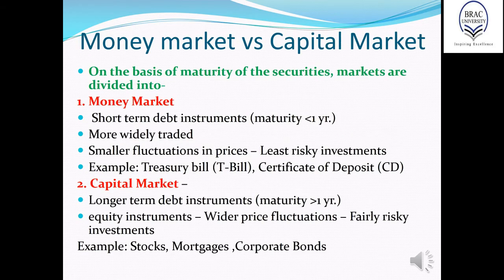So in the previous lecture, we saw how we distinguish the financial market in terms of maturity of the security, and for that we divide the financial market into two markets, the money market and the capital market. The money market offers short-term securities which have a maturity of less than a year, and on the other hand, the capital market sells securities that have a maturity of more than a year. So in this lecture further, we shall be looking at varied kinds of money market and capital market instruments that are available in the market for the sellers and the buyers to invest.